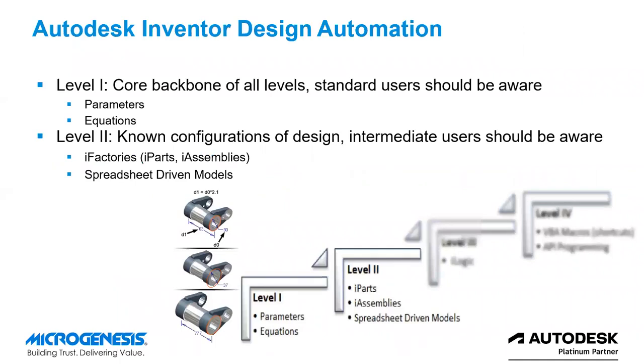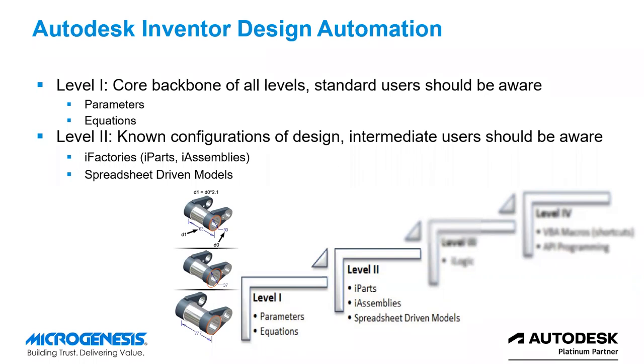Before getting into AutoCAD design automation, I want to improve your skills in Inventor as well as the automation levels. Generally, we have 4 levels of automation. Among them, you are familiar already with 2 of the levels. Number 1 is parameters, number 2 is equations. And second level is iPart, iAssembly, spreadsheet, or you can say Excel sheet linked to Inventor. So parameters are like you already know FX parameter. There you insert the parameter and assign some name to it. Later you assign that one to your dimension in Inventor, sketching, or 3D modeling environment.